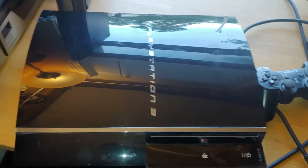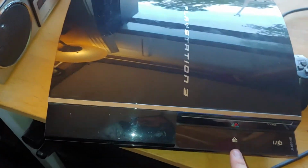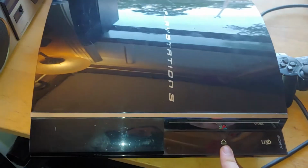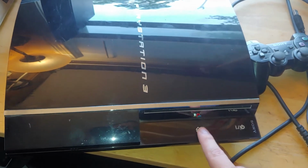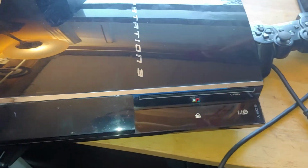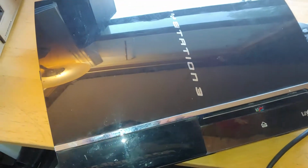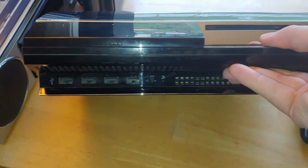And that trick is to make sure the switch is off in the back, plug it in, hold your finger on the eject button while flicking the switch in the back to turn it on, and then as soon as the system turns on, I think you've got to hit it a few times so you hear a beep, and then you'll hear the fan rev up to its maximum RPM, and then out comes the disc. It doesn't do that on this model, unfortunately, but yeah, it's got the 4 USB ports in the front instead of the 2,